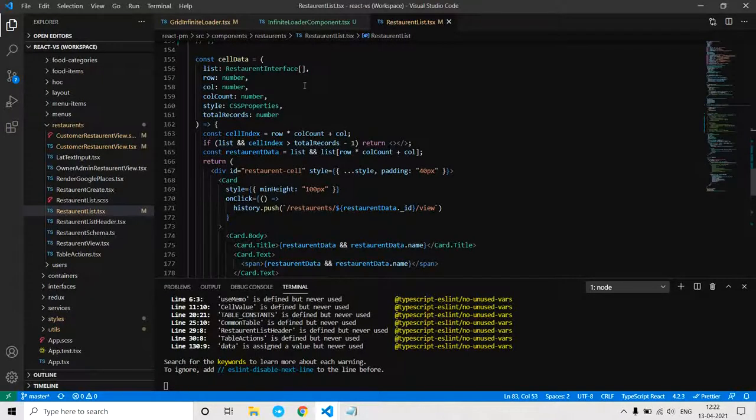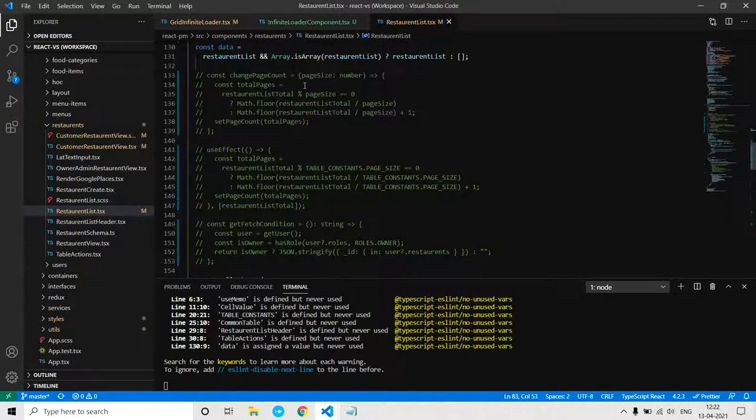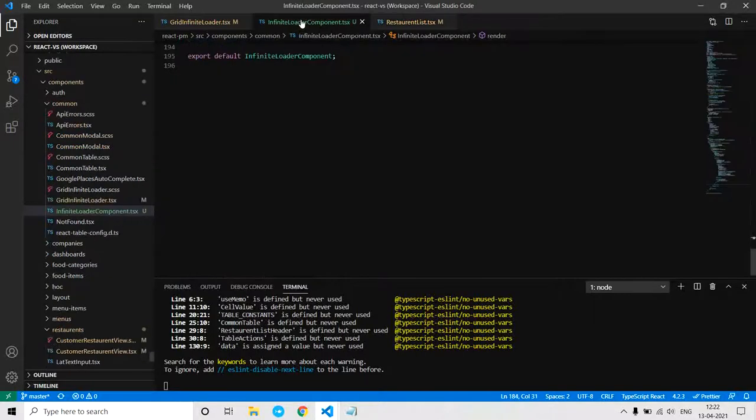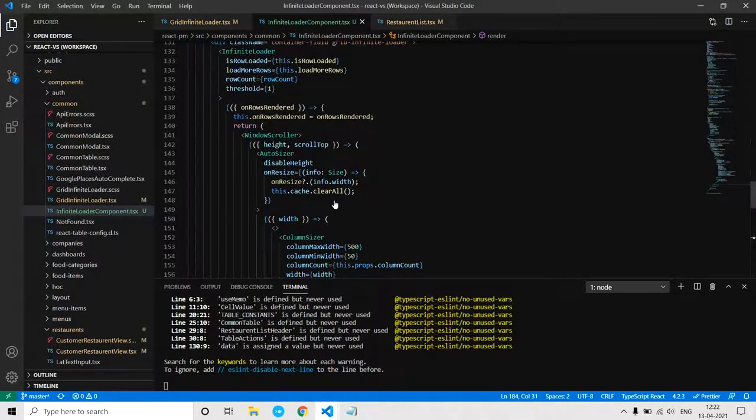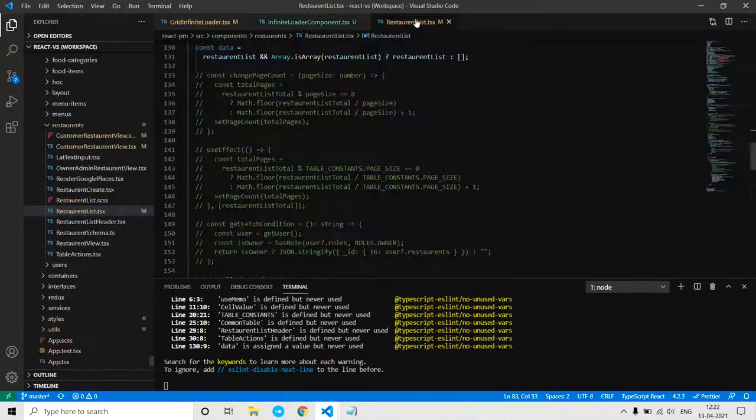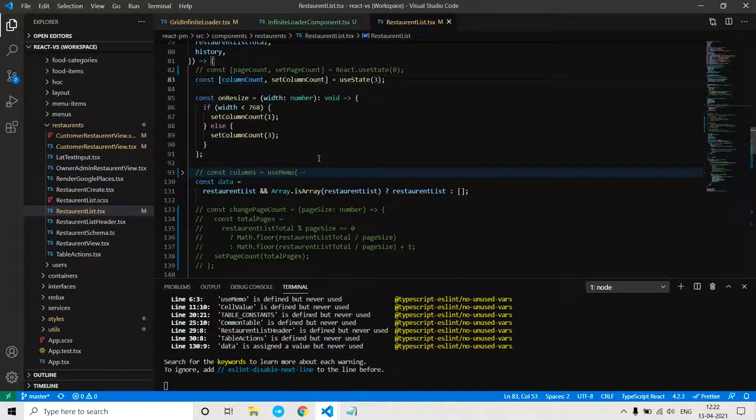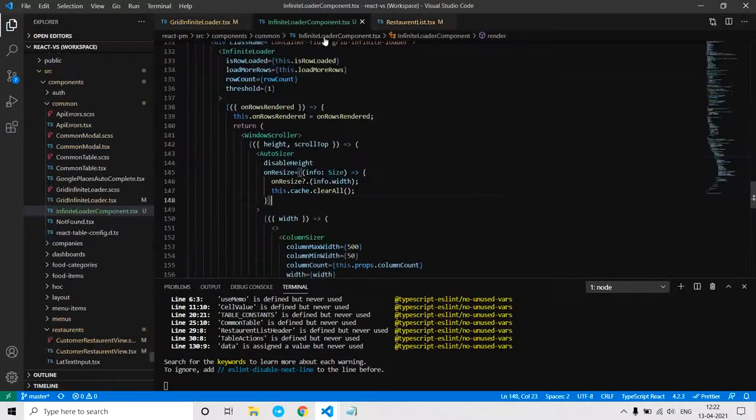We are going to render this infinite loader function in some parent component. This is a common component which is going to render, for example, posts, users, restaurant menus, etc. Let's see how we can define some of the props in the parent component that should be passed to this common component, as I already explained.